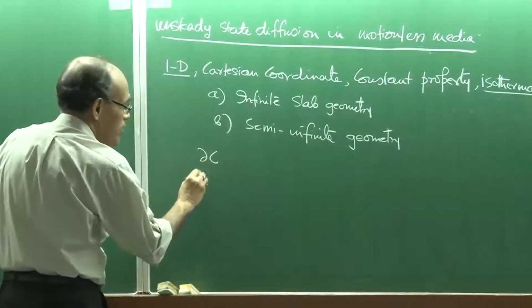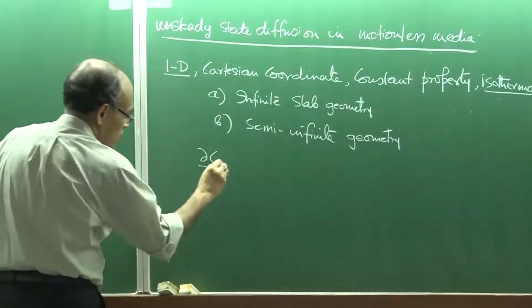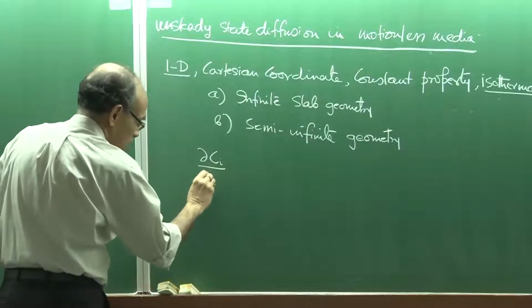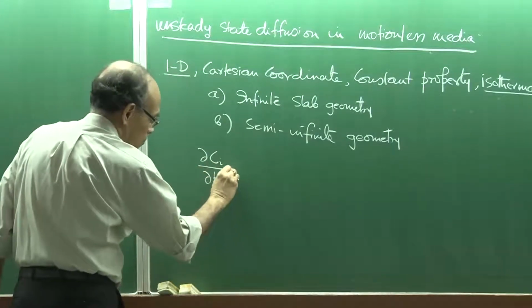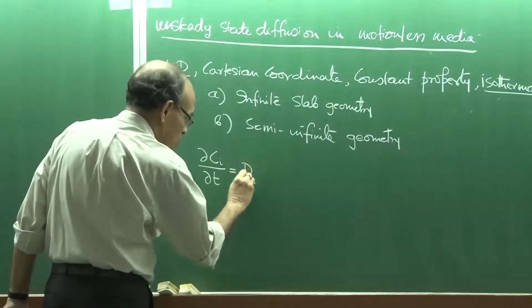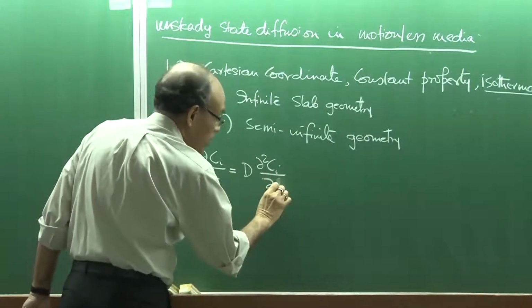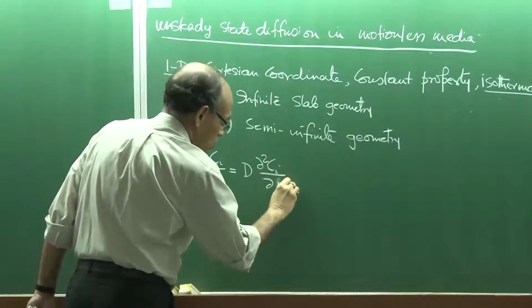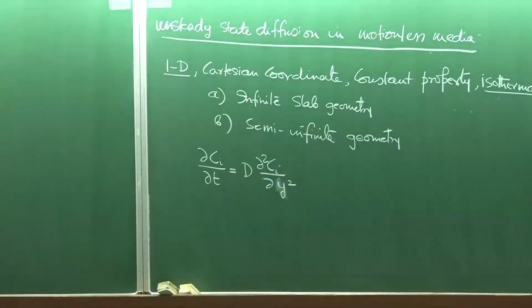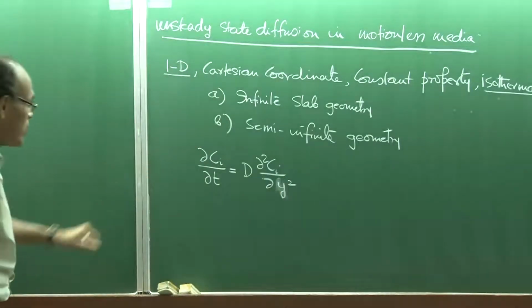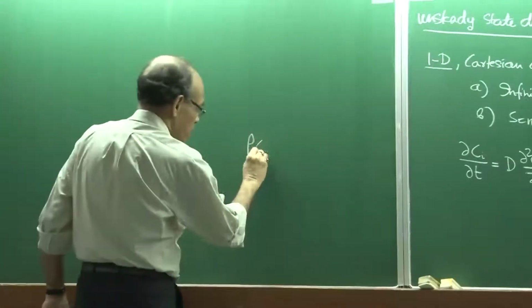That equation I can say that if Ci represents the species, and if you assume that D is constant, then basically I have taken it in y. So that is the governing equation. And this equation, if you remember what we saw,